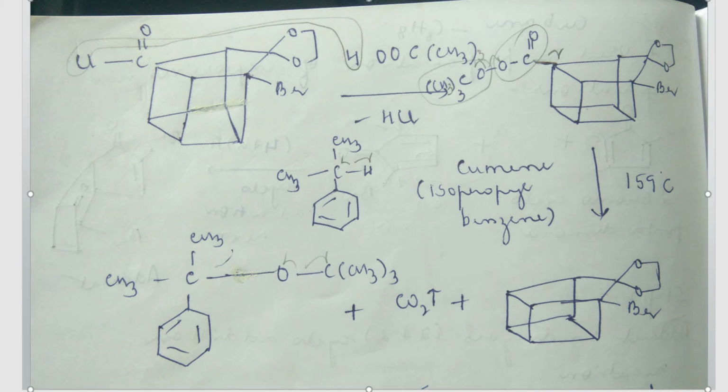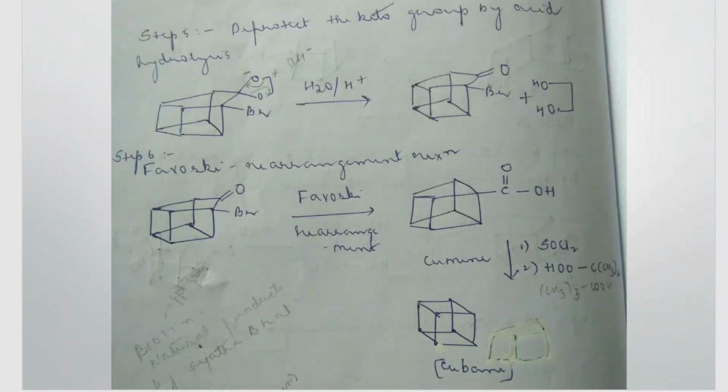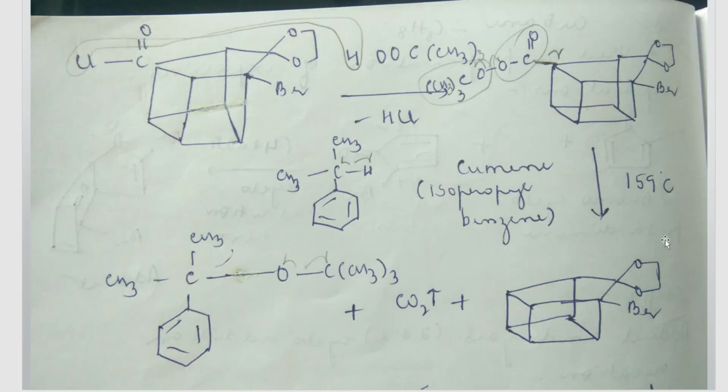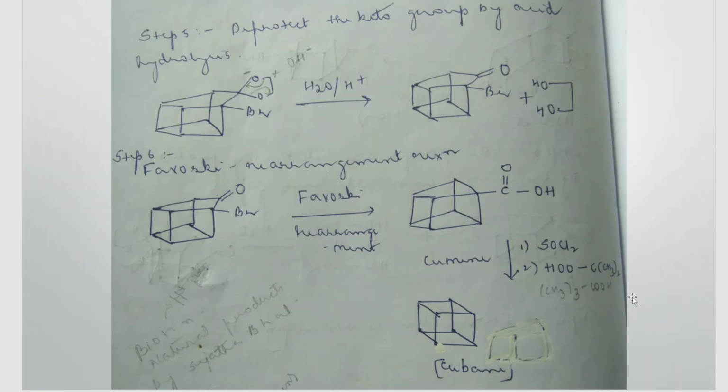What is the next step? The next step is deprotecting. That is this group that was there, this group which we had protected. Now since all the reactions for this part are completed, we have to deprotect it and bring it back to ketonic form, correct? So we are doing deprotecting. Here, to deprotect we are doing acid hydrolysis, that is in the presence of H plus ion and water we are deprotecting this group. On deprotection we get back the ketone group, its original form back how it was before, and whatever protecting group we used in order to protect it will also be obtained back.